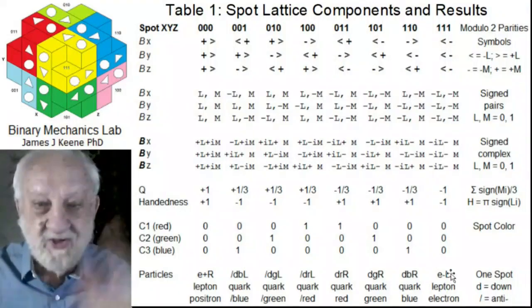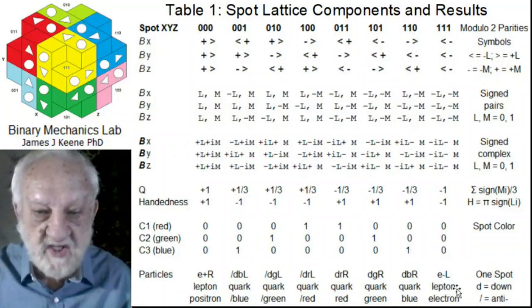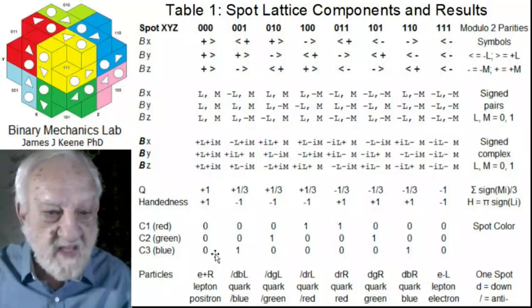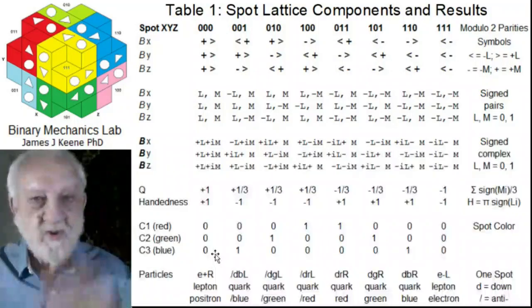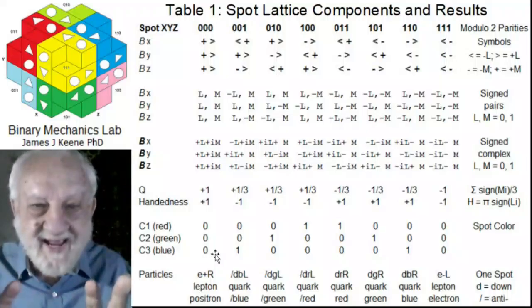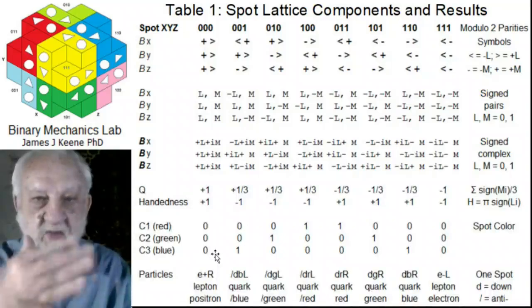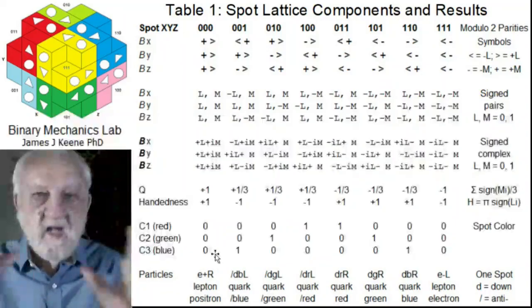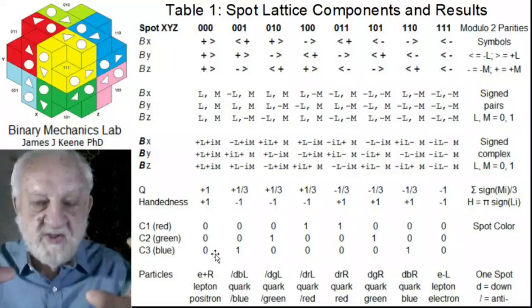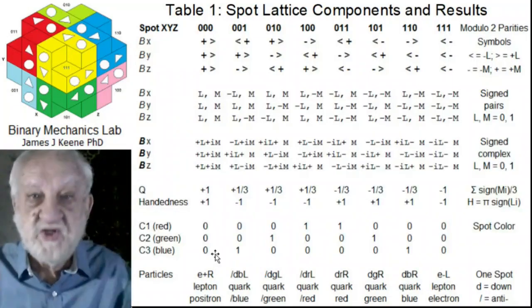And the fourth color is no color, 0, for the leptons, the electron, and on the left here, the positron. So our four colors are also predicted simply by the location and orientation in the X, Y, or Z directions of our spot units. This is a remarkable set of results from such a simple 6 equations of the system